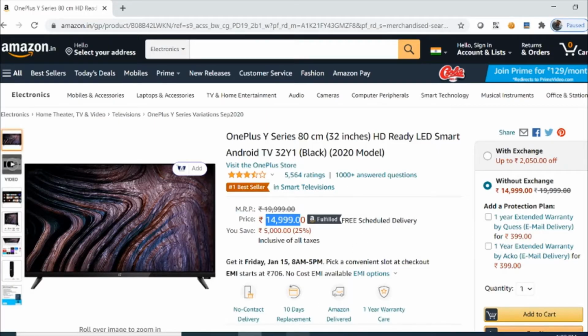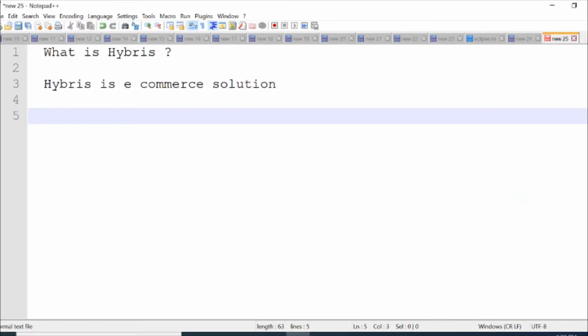So let's go back to Notepad++. So now I have told you Hybris is an e-commerce solution. So there are a few other concepts related to Hybris. Hybris is basically a multi-channel e-commerce and product management software.